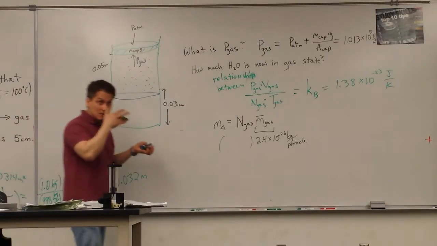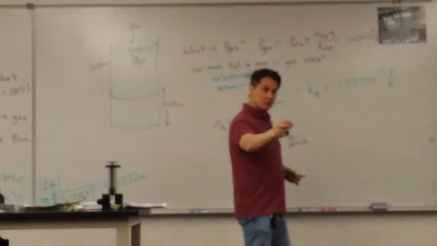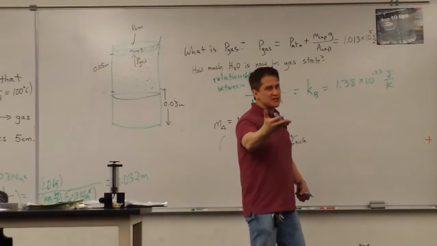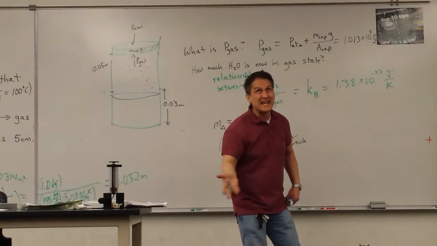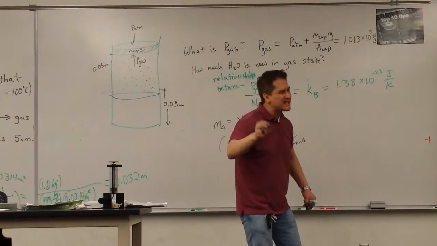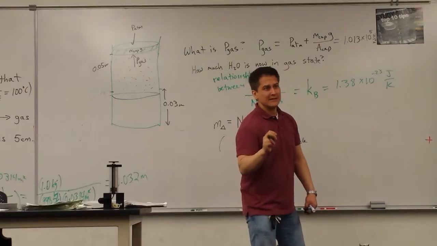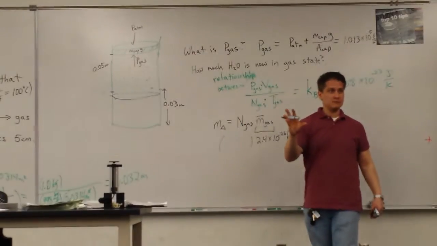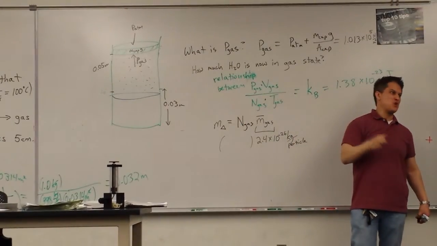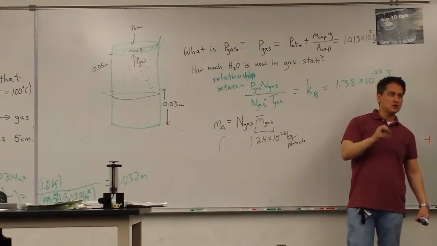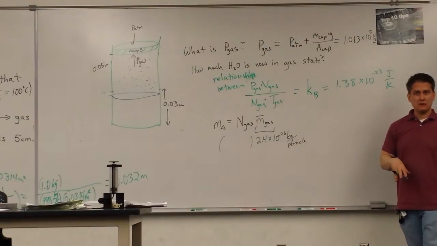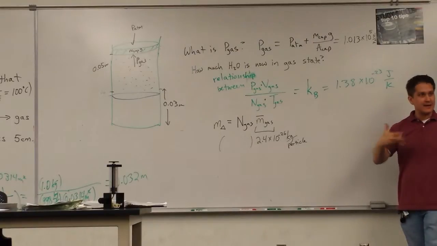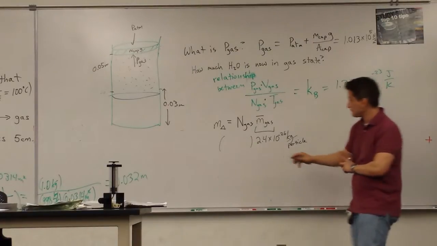Is nitrogen about the same atomic weight as oxygen? What's that? Nitrogen's about maybe 10% smaller, okay, in its N2 form. It's the difference between 28 and 32. A little more than 10%. So again, we're close enough for this problem. This is engineering work now. We're making some very basic assumptions.